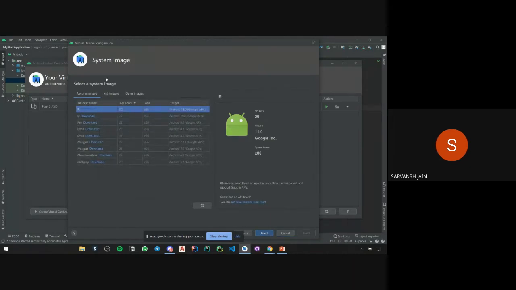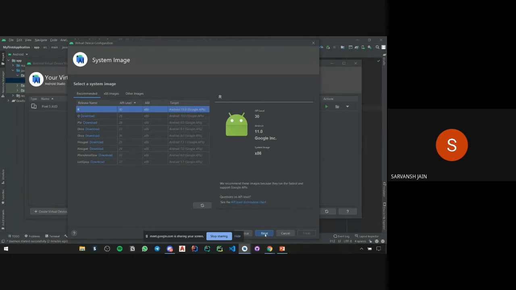This is the Android version I want to install on my virtual device. I have already installed R, which is Android 11, but you can even run it on an older version. I have selected SDK as Lollipop. Whoever is setting up Android Studio with me, just click on the download button, which would be here after R, and it will download.